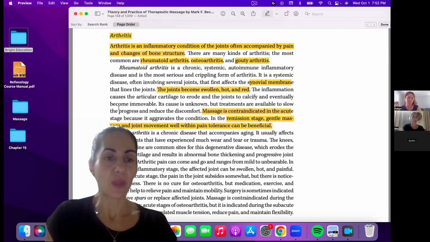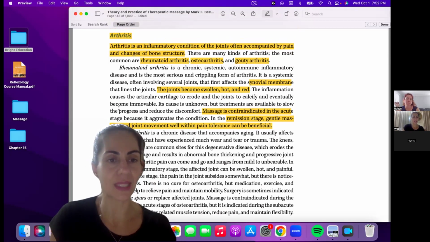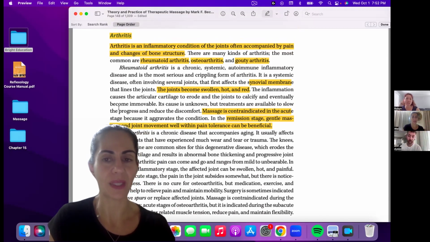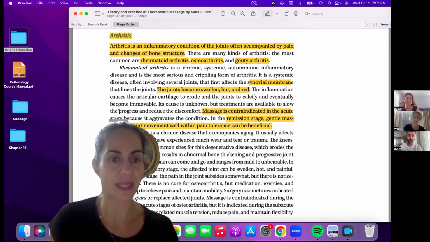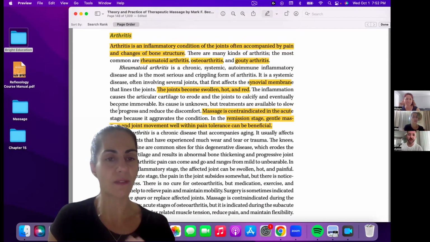Well, sometimes they have to take anti-inflammatory medications. Sometimes ice will help, but some people cannot handle ice because it's going to make the joint more stiff. So you just have to wait and see what they can tolerate, and kind of work with them on that. Do they usually handle some sort of